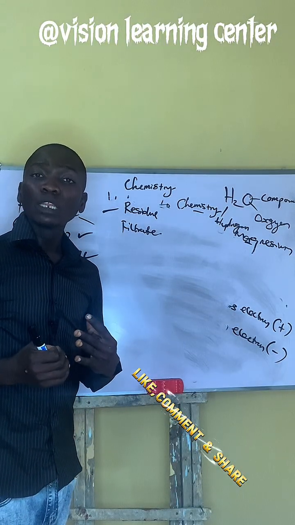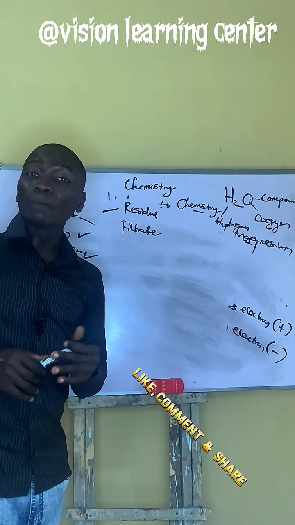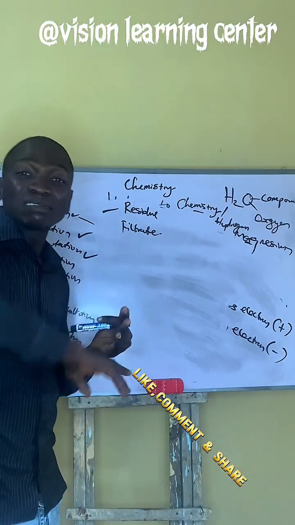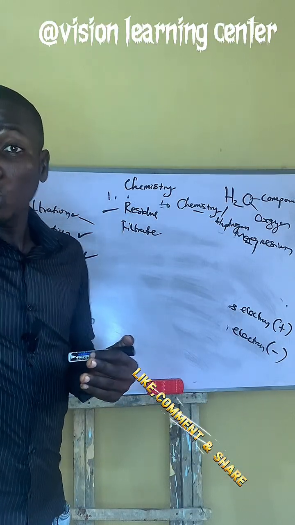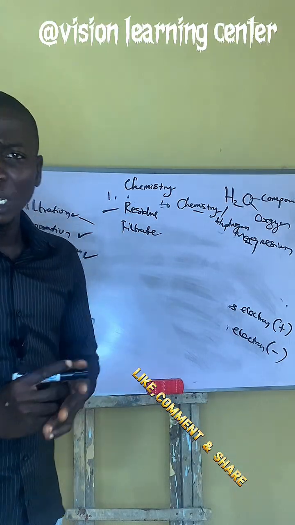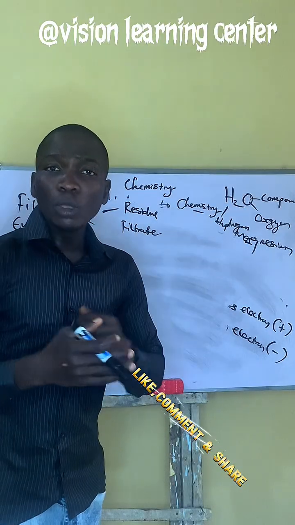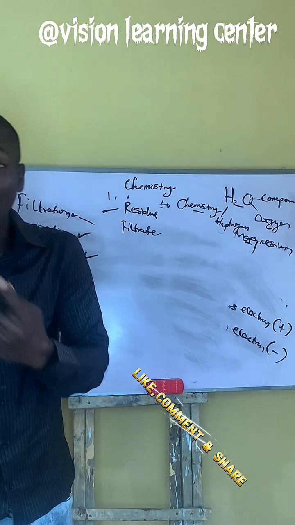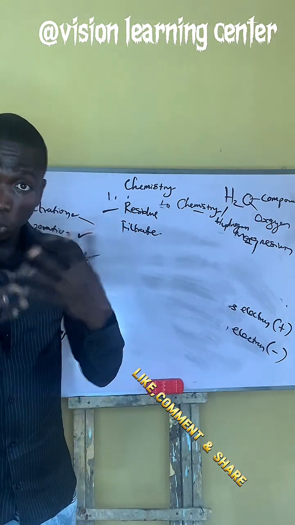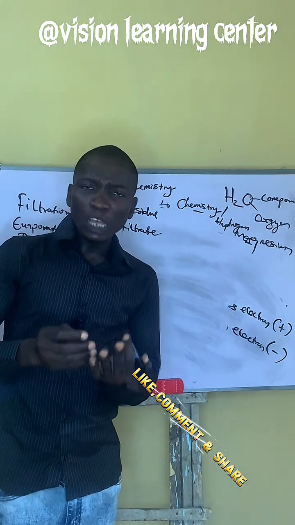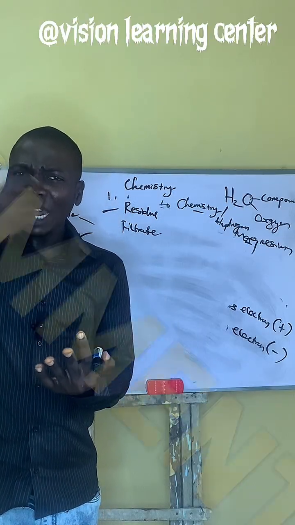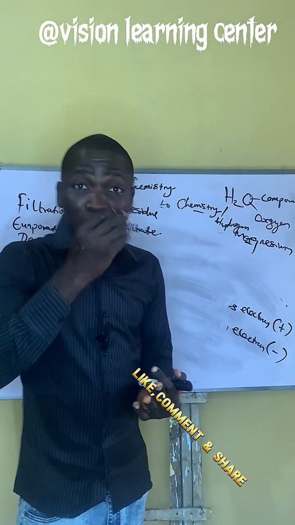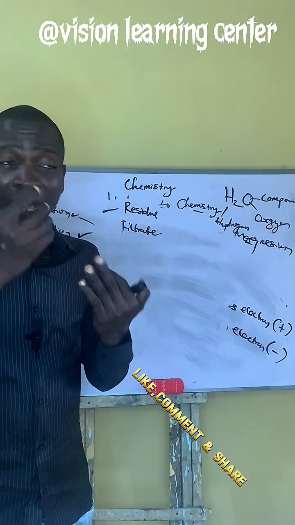Sublimation occurs when solid substances pass directly to gas without heating. An example of this substance is camphor. When you get your camphor, it is a solid of different colours. Some are white, some are pink, some are blue, depending on the colour you buy. When you get them, at a point you start smelling the camphor,